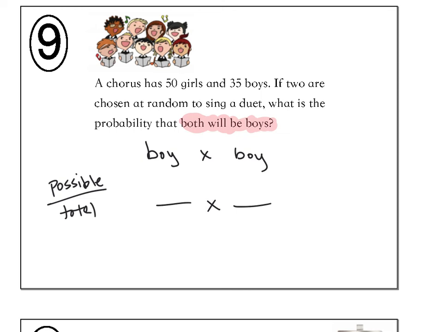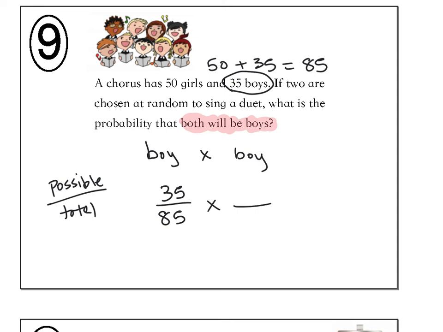So that means we need to figure out our total. So 50 girls plus 35 boys is going to equal 85. So for our first time choosing, we've got 85 total kids in the chorus, right? Total boys and girls. And then we're looking to see the probability of choosing a boy for that first round. Well, 35, right? There are 35 boys, so there's a possible 35 boys out of the total 85